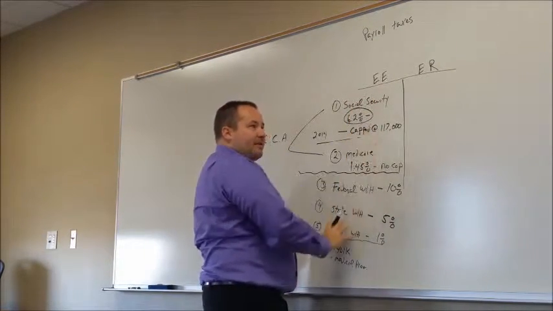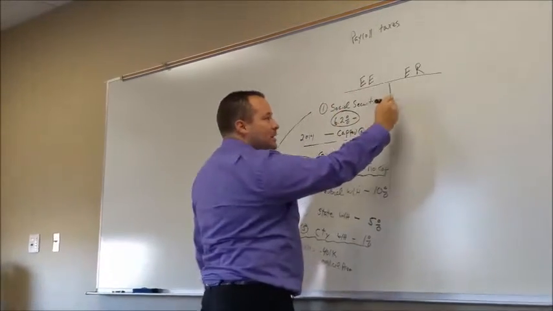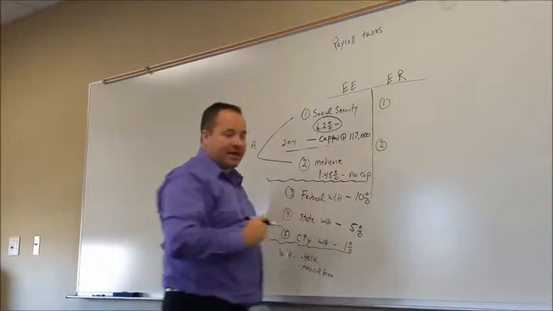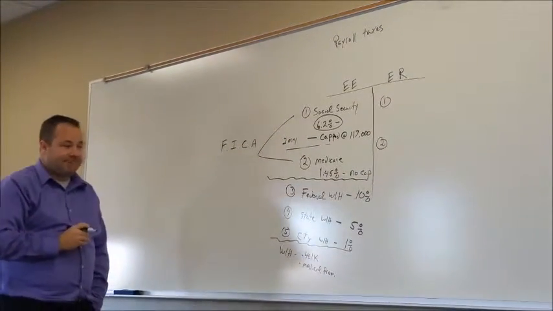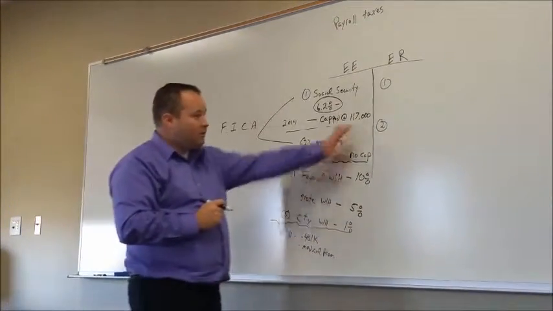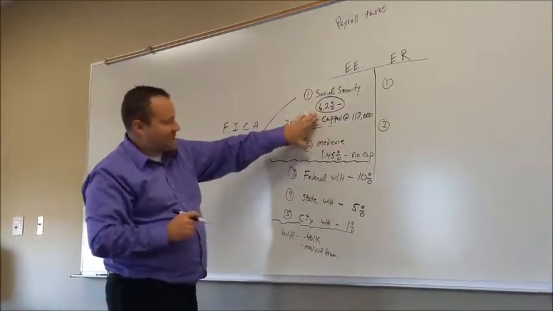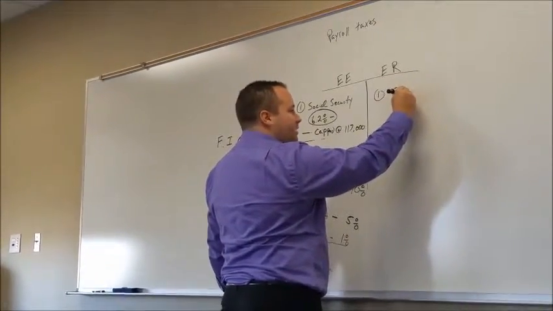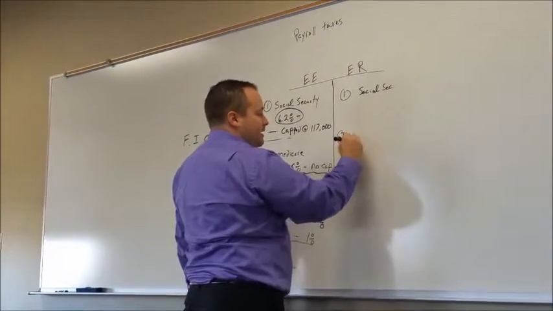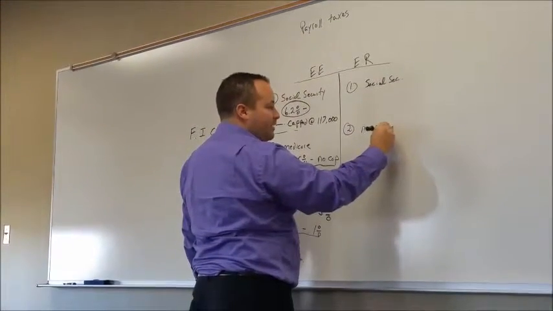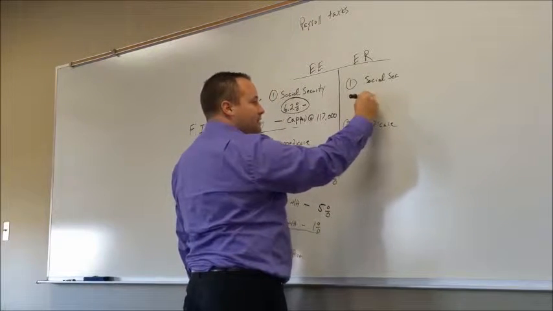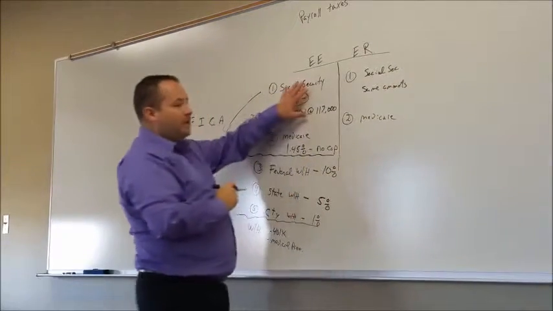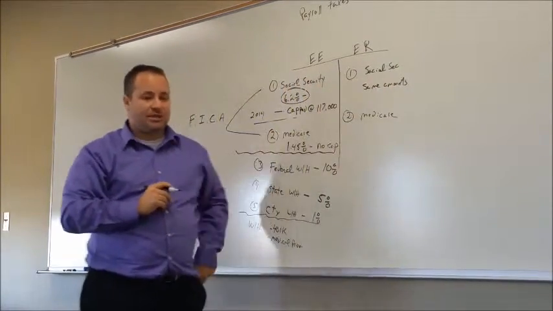Now, these are taken out of the employee, and the employer ends up paying it. But the employer also has their share of taxes that they have to pay out of their pocket that the employee doesn't really even know about. The first two are the exact same as the employee, which makes it really easy to remember. So they also pay Social Security, and they also pay Medicare. And what's even better, it's the exact same amounts. So whatever the employee pays, the employer will have to match